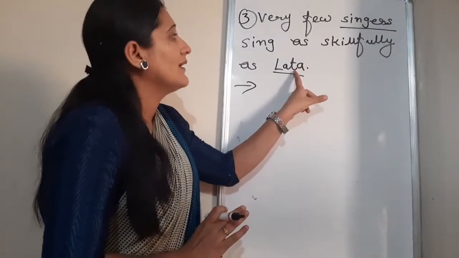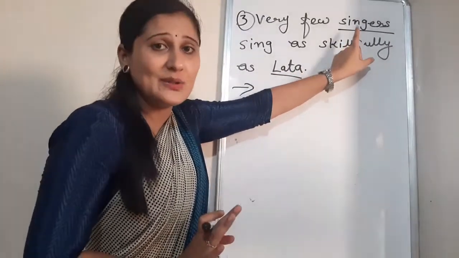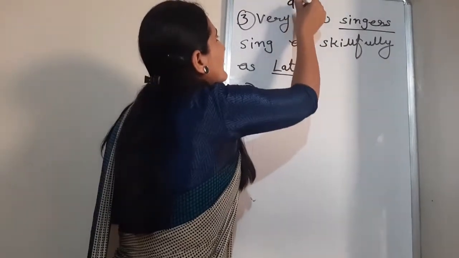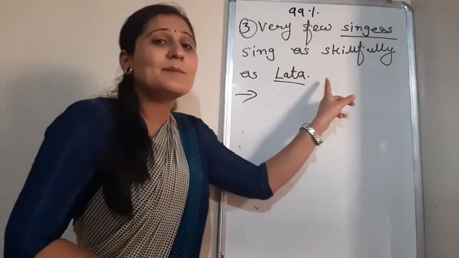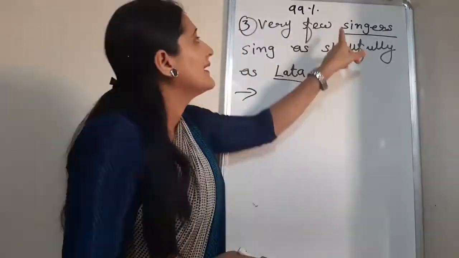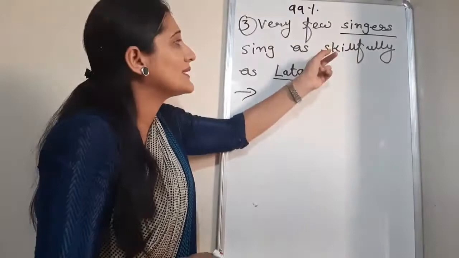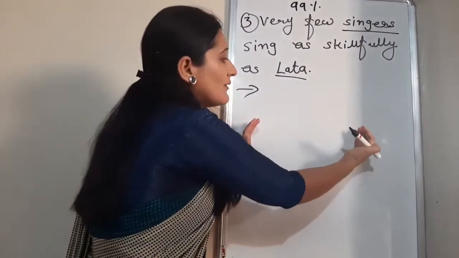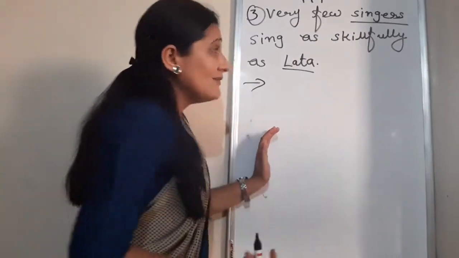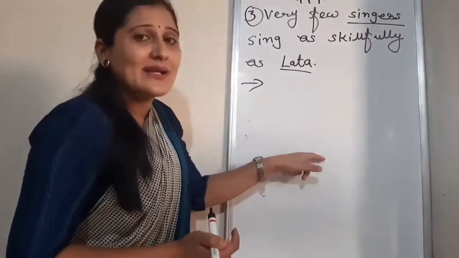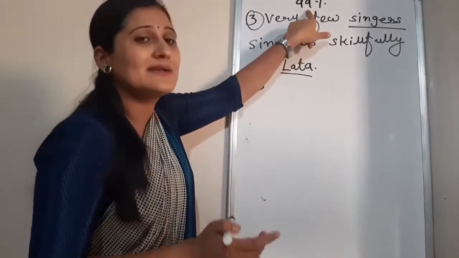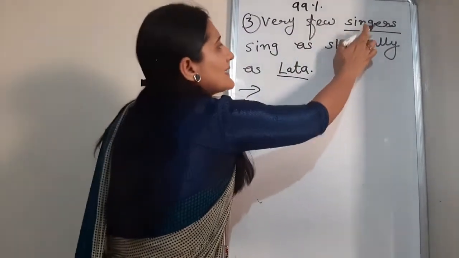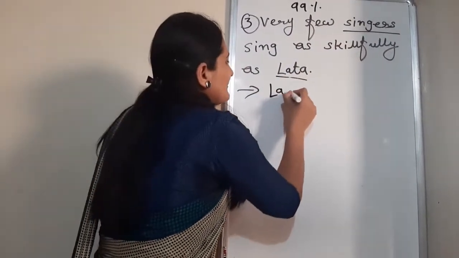So here see, Lata is famous, that we know, Lata Mangeshkar, everybody knows. But mostly, 99% if comparison between more than two things, then we will not check positive, negative, negative, positive. If comparison between two, we will check that we need to write or not, right? Positive, negative. But here 99% will not be there. So let's write our answer. Subject singer Lata. Let's exchange Lata.